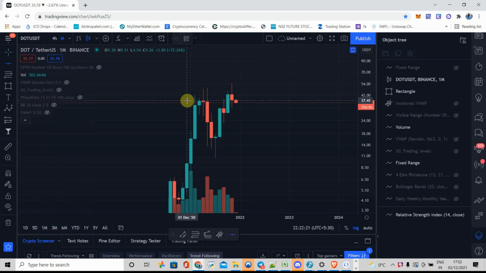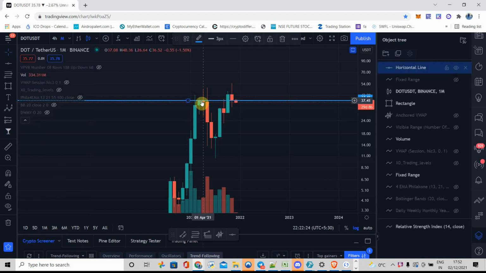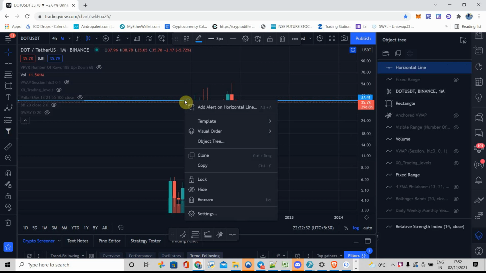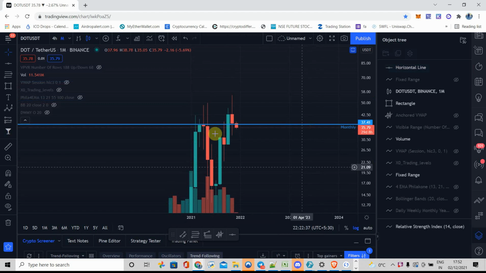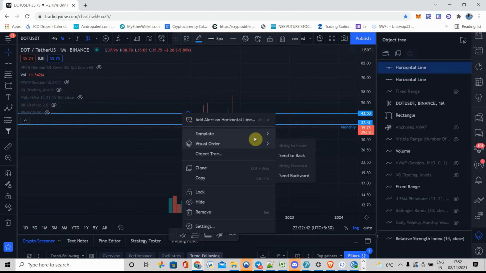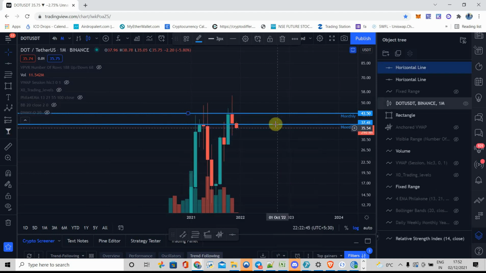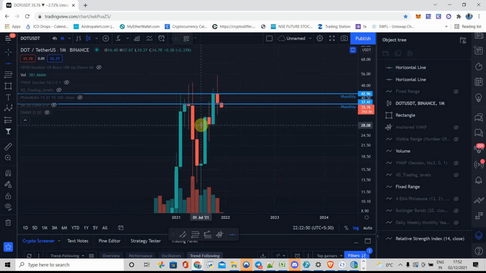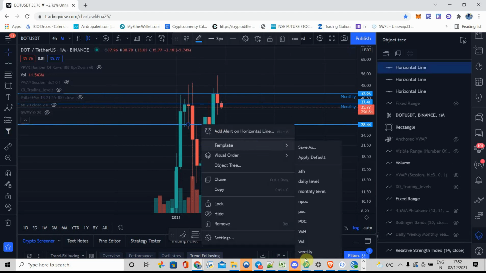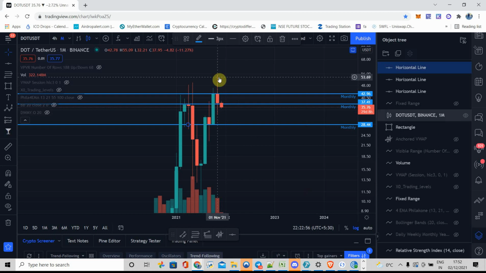As you can see, this is one of the monthly levels, because from here the price got a reaction and we went from $40 all the way to $10. So this is an important level. Let me draw it as a monthly level. Another monthly level I can see is this one, the freshly created monthly level from where price got a reaction. And another monthly level I can see is this one, from where price got a reaction and we got a new all-time high, previous to the $48.